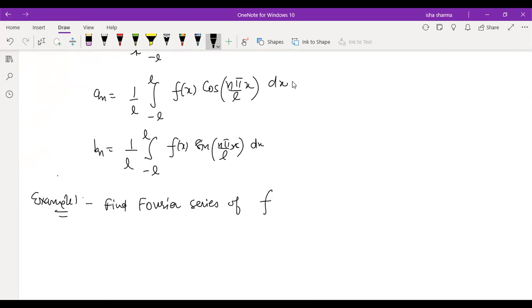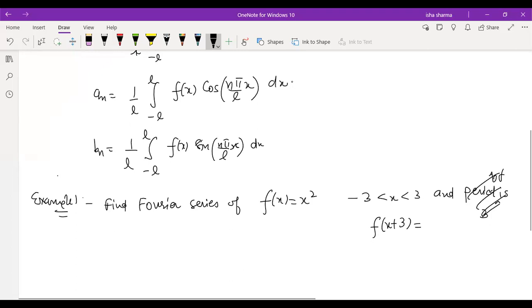Find the Fourier series of f(x) equal to x square on minus 3 to 3 and the period is 3. The period means the period of the function, or you can write it mathematically as f(x) plus 3 is going to be the same as, just a minute,